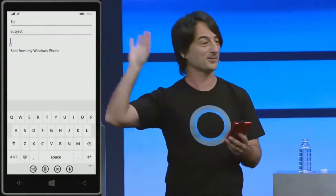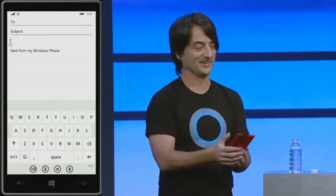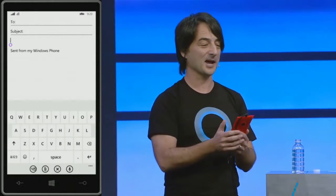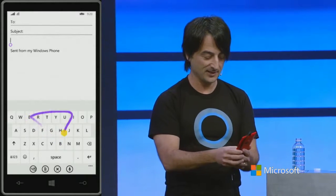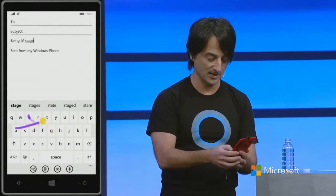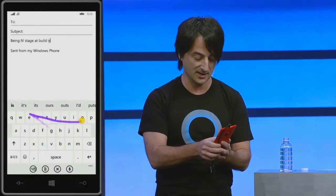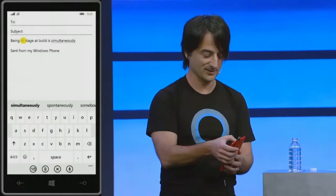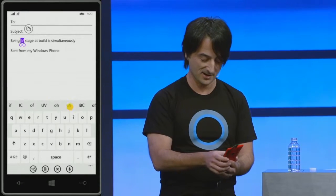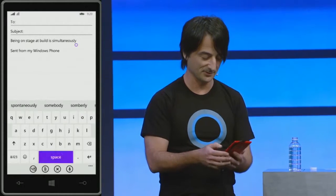You thought talking to Cortana was risky. This is terrible. I have sweaty hands, and now I'm going to type as fast as I can. You ready? Being on stage at Build is simultaneously... Actually, let's fix this. It's not IV. Not IV, but... Oh, come on. On. Being on stage at Build is simultaneously...